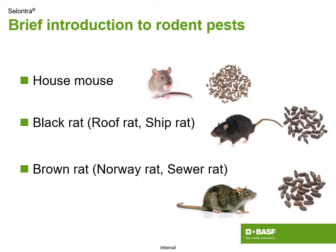First of all, we have the house mouse, and we can see the photograph there with an example of the droppings. Then we have the black rat, about 10 times the size, and again a photograph of the droppings. And then finally the brown rat, which is also known as the Norway rat or the sewer rat, and again the photograph of the droppings. And the droppings is one way, as well as visual, how we can tell the difference between